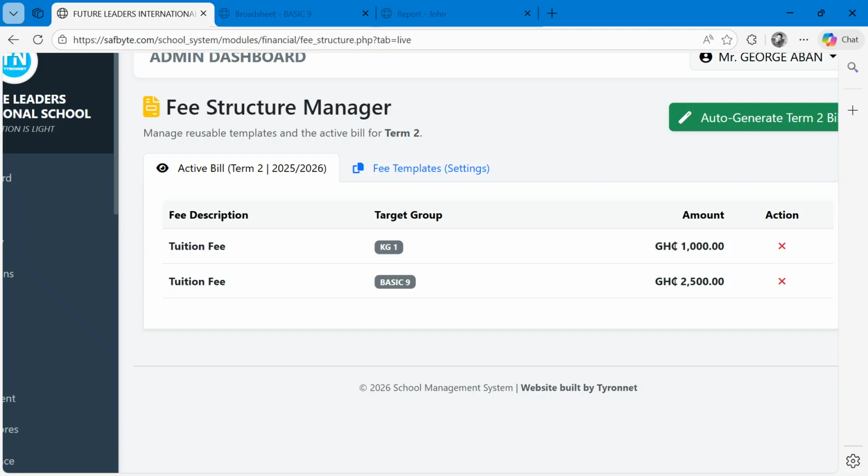I did that in such a way that when students are going on vacation for the next term, we need to give them a fee template or a fee bill that they take home, that maybe next term this is what they are paying. So you can use this template to generate a fee, but though it's generated, it's not active until you